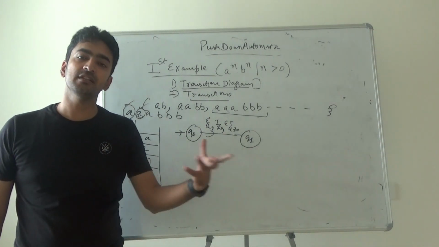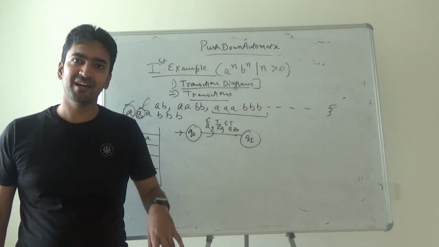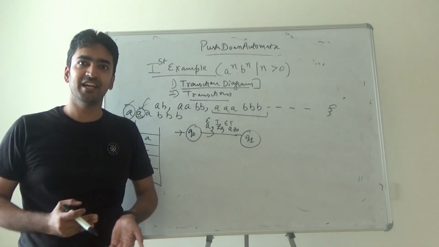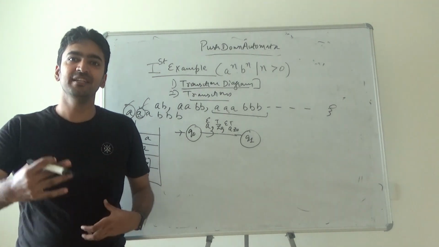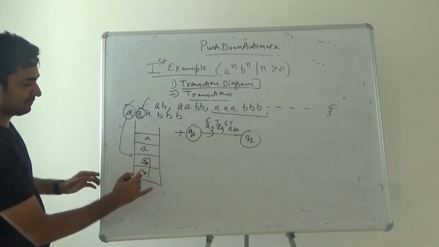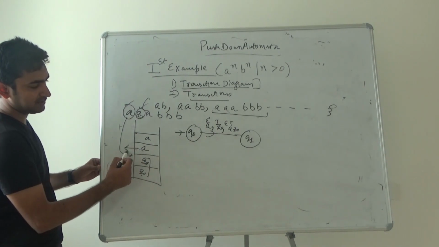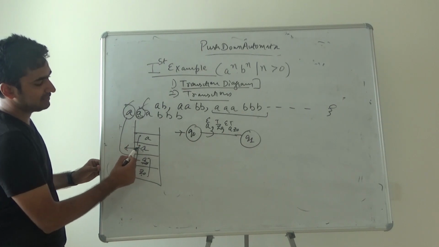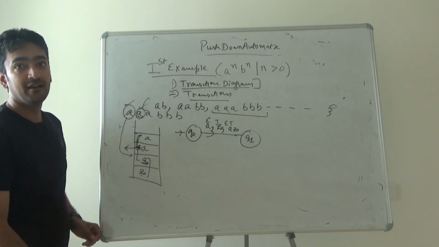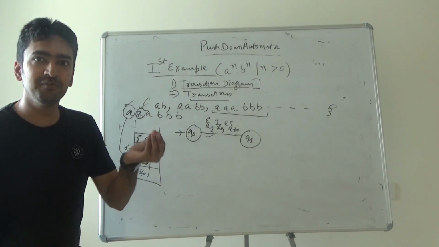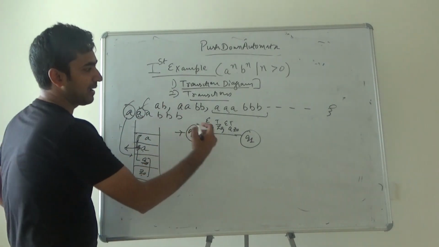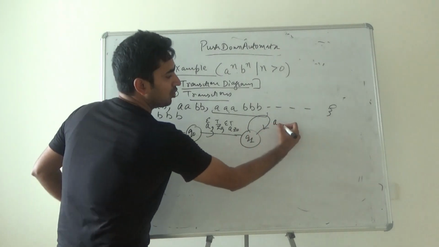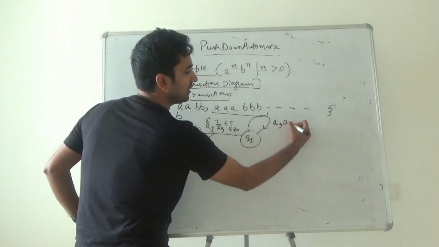Now what if there are 50,000 A's, because you have a^n b^n? One A you have written. What about the other 49,999? You are not going to create that many states for it. So the process is the same. This A comes, it checks the top of the stack is A, the answer is AA. This A comes, checks the top of the stack is this A, the answer is again AA. For the 49,999, the answer would be AA only. So that's why I am creating a loop where the new element is A, it checks the top of the stack is A, the answer is AA.